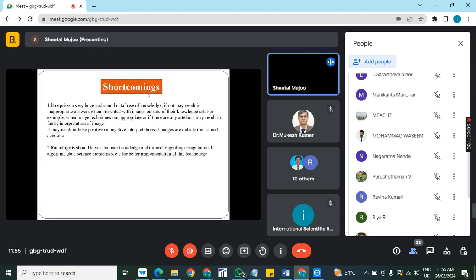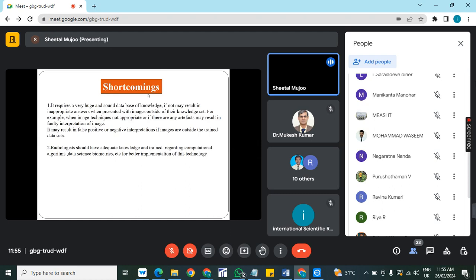Budding stage of the AI using artificial intelligence. It requires a very huge sound base of knowledge. If not, it may result in an inappropriate answer. That is the problem with this AI. We need to have a good amount of data